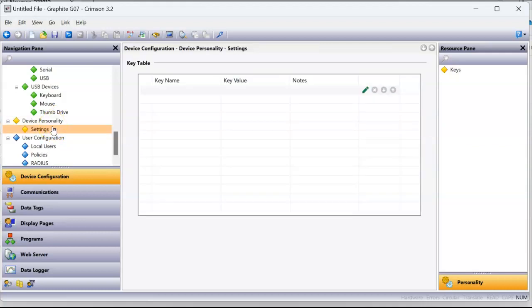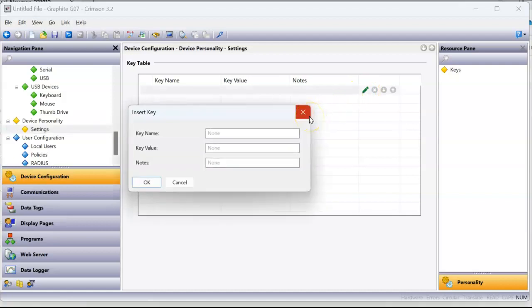I'm going to slide down in device configuration to this new section called device personalities. I'm going to click on settings and create a new personality, and we'll call it HMI IP address. I'm going to put in the IP address 192.168.1.20 for the first one. Then down here for notes, I'll just say this is the,